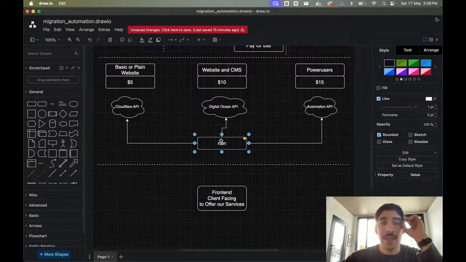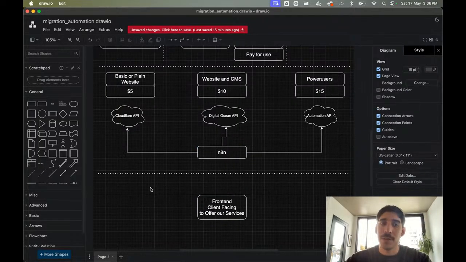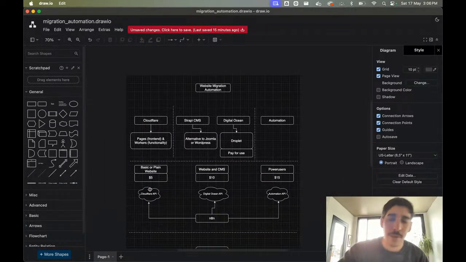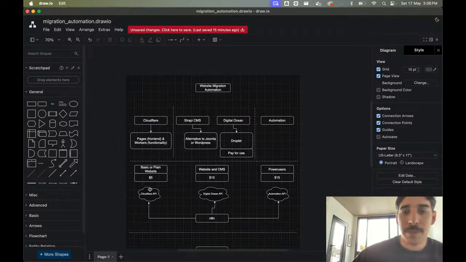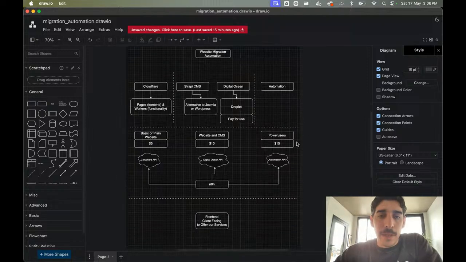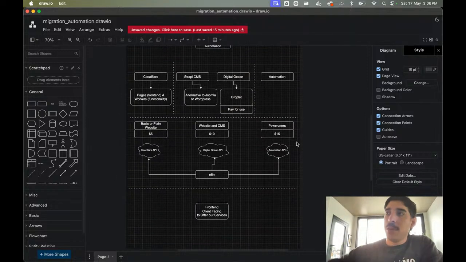So the n8n automation is just a part of it. I also think it's good to build this diagram and show it in real time as well, because there is so much hype going on lately, and it's a reality that we can build things faster and faster, but